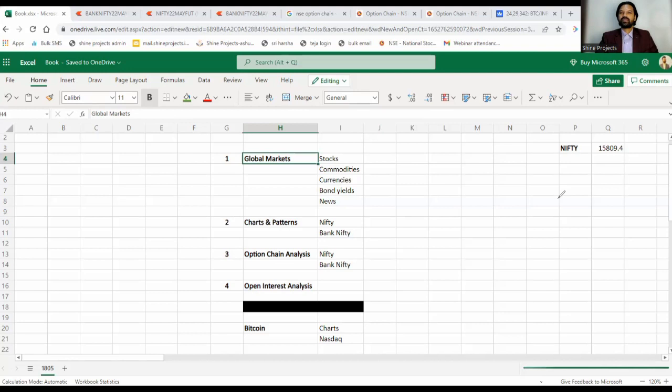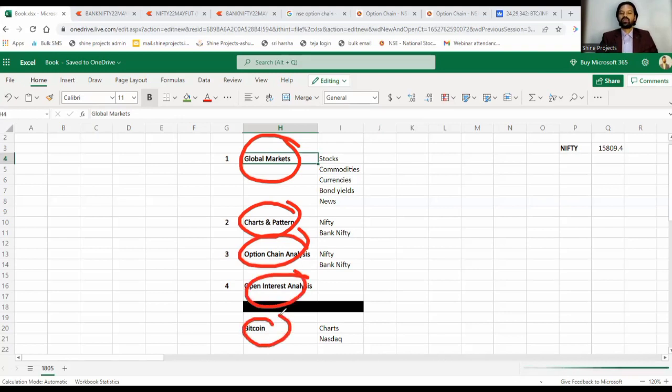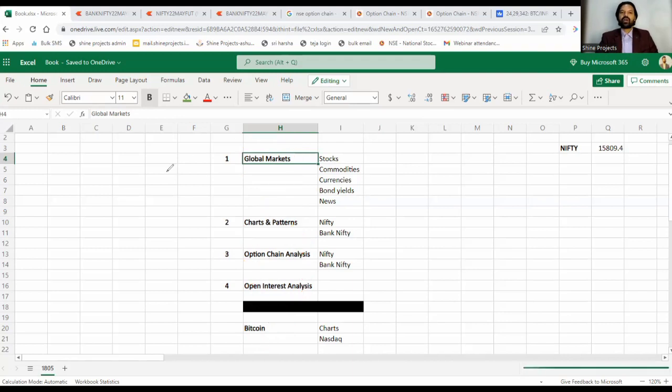This is a market analysis video of 19th May 2022, and here we'll try to decode the global markets, charts and patterns, option chain analysis, open interest analysis, and we'll also try to do some cryptocurrency analysis. After understanding all this, you will have a better outlook on the Nifty as well as the Bank Nifty. So without wasting any further time, let's begin today's video and try to analyze how all these parameters have functioned